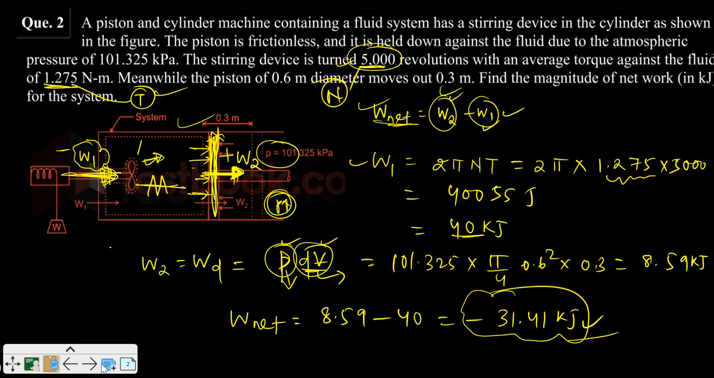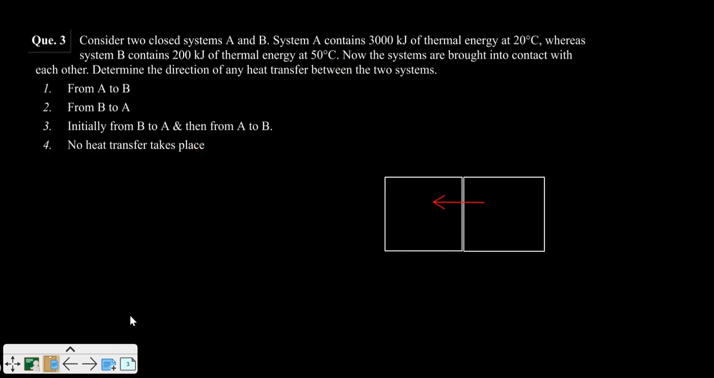Okay, so let us move towards the next question, which is question number 3. So let us read it. Here it is saying that consider two closed systems, A and B, and system A contains 3000 kilojoule of thermal energy at 20 degrees centigrade, and system B contains 200 kilojoule of thermal energy